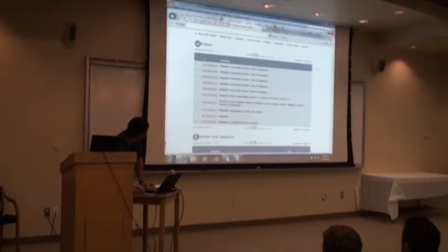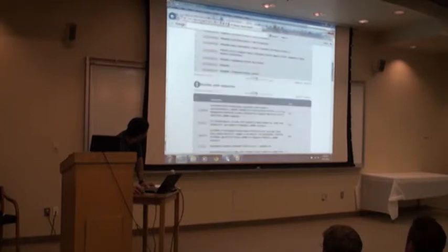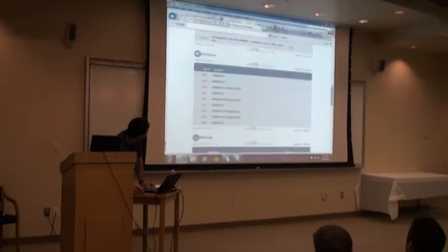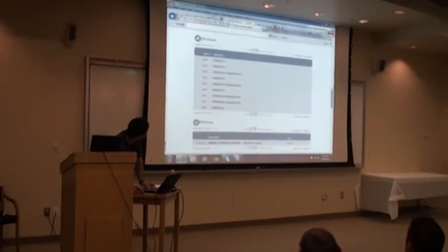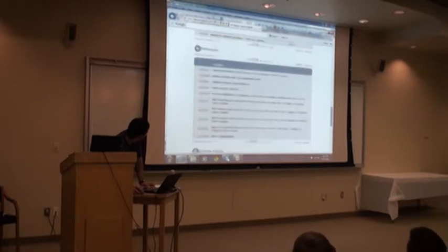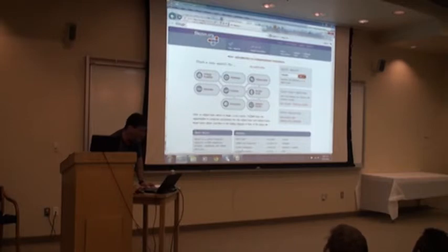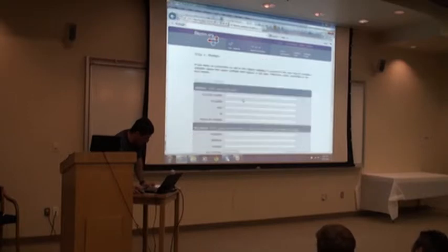It shows proteins that match this pair. It shows DNA nucleic acid sequences that match this search term, the structures, pathways, interactions, and so on. But this is not necessarily the most useful way of exploring this data. But let's say you want to start with a specific protein sequence, a specific gene. You want to get all the information associated with that gene.